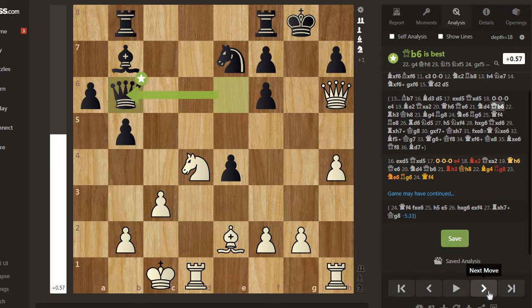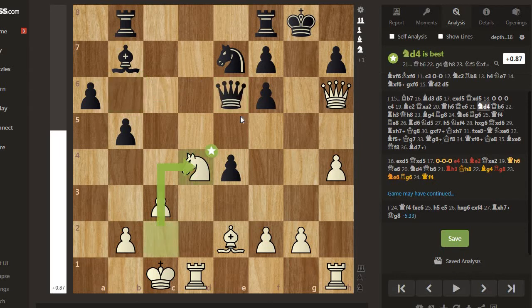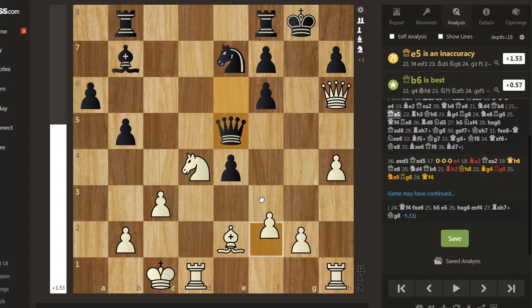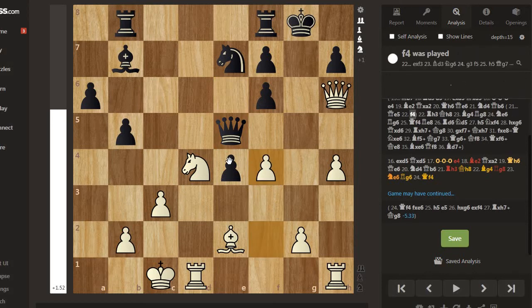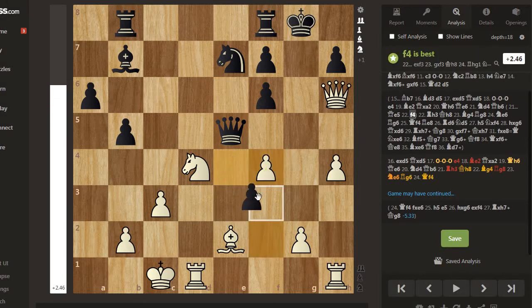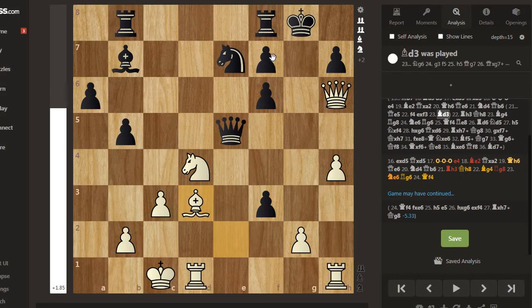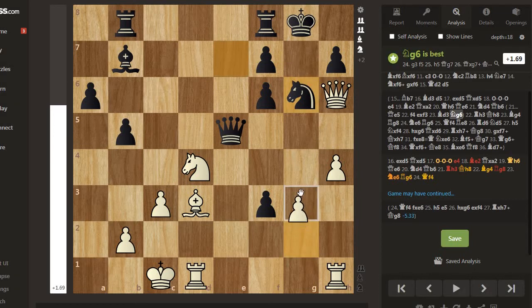Black might be able to do better, and queen e5 keeps the queen centralized. If queen e5 is played, then there is f4, then ef3 and bishop d3, knight g6 and g3,